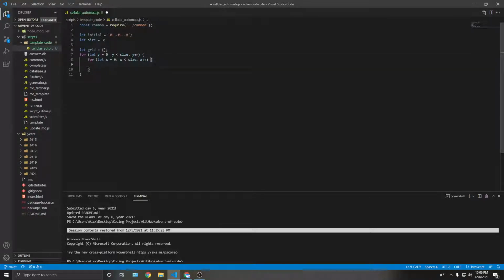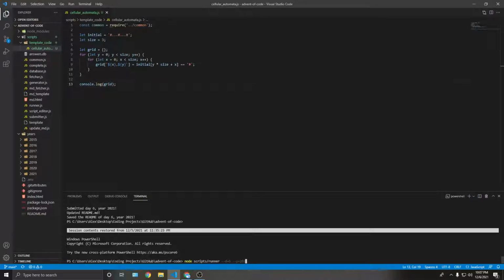I'm just making a general case for it. So grid of x, y is equal to, if initial of y times size plus x is equal to hashtag. If I were to console.log grid, we should only have